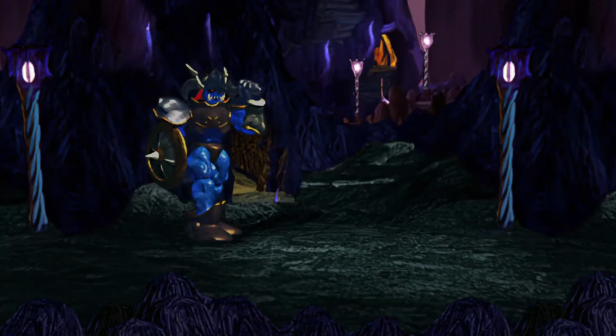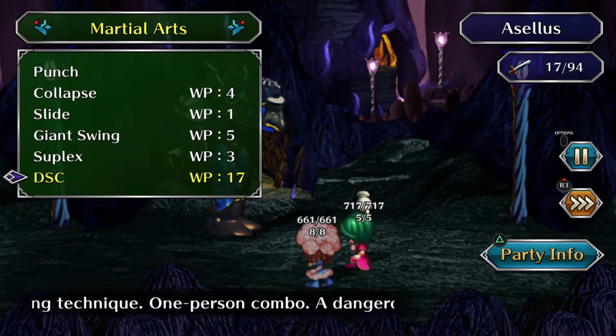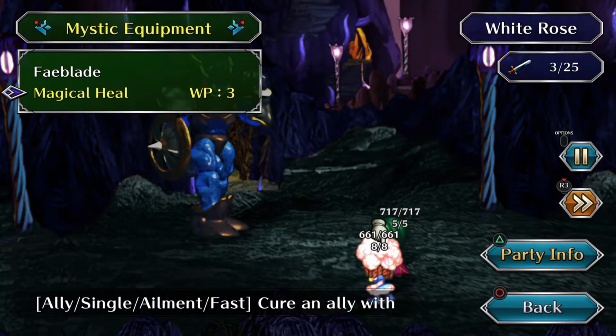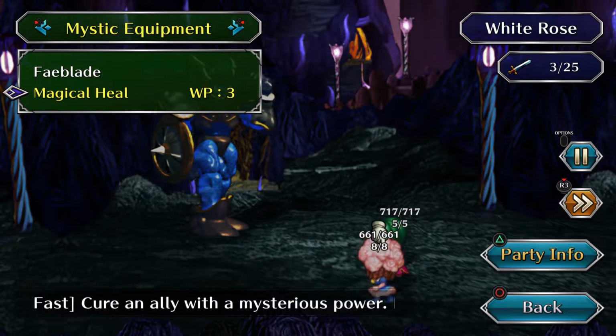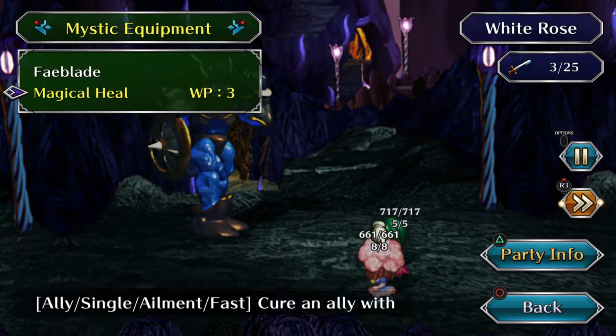First and foremost, this guy likes to do a lot of multiple melee. So the way we're going to treat this is never stop using DSC, because Asellus is going to be the only one dealing damage here. And what I'd say here, if you are confident,